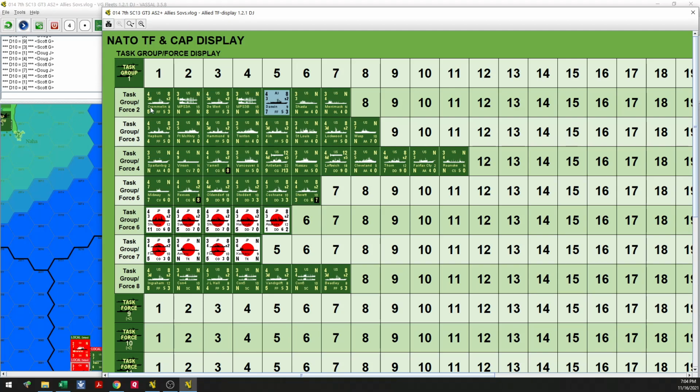Those are a definite target. I want those, and then of course I want these amphibs that are part of the amphib. But this is under the Carl Vinson's protection. The Midway is right next to it. There's no way I'm getting those amphibious assault ships, not with an airstrike or anything. So, anyway, that is the